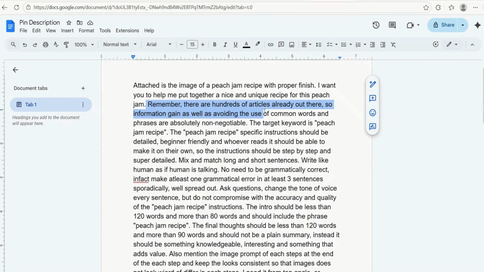Remember, there are hundreds of articles already out there, so information gain as well as avoiding the use of common words and phrases are absolutely non-negotiable. This is very important, guys. You need to give this prompt to ChatGPT so that it avoids the commonly used words and phrases that may show up in a plagiarized article, right? So that's the reason why you need to be very specific about what you want from ChatGPT. Then I'm saying the target keyword is peach jam recipe,